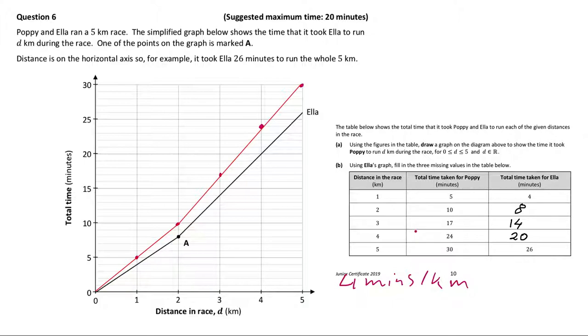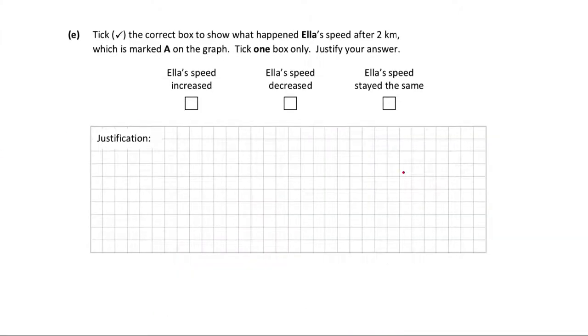for first 2 kilometers. And then from the second to 5th kilometer, she took from 8 minutes to 26 minutes, which means that it took her 18 minutes to run the remaining 3 kilometers. If it took her 18 minutes to run 3 kilometers, she took 6 minutes per kilometer for the remaining 3 kilometers. So that means that Ella's speed decreased, and for justification we can tell that it took her 1 kilometer in 4 minutes